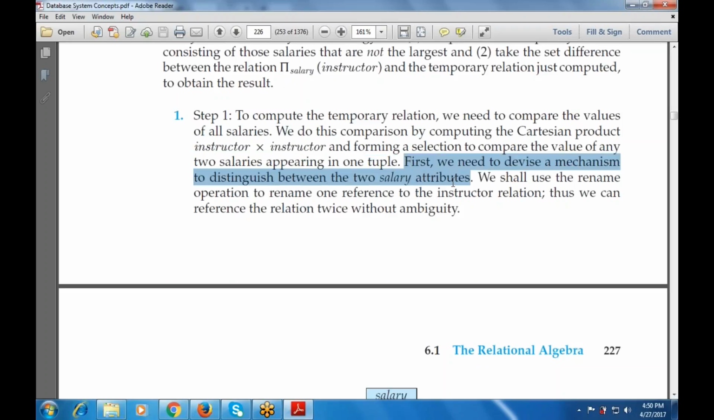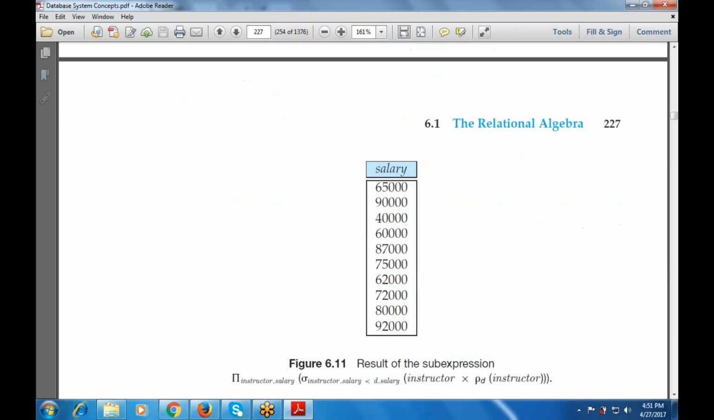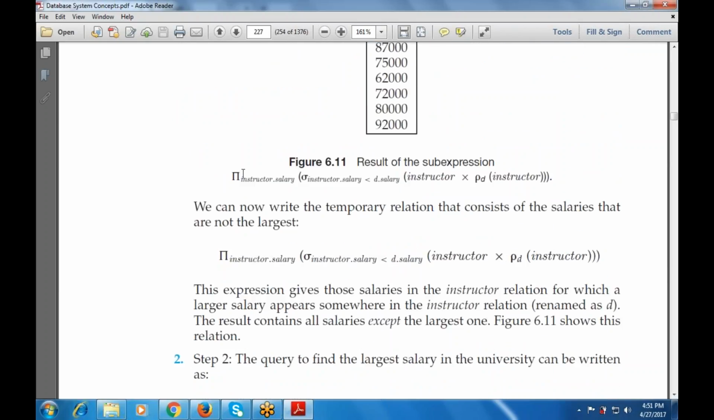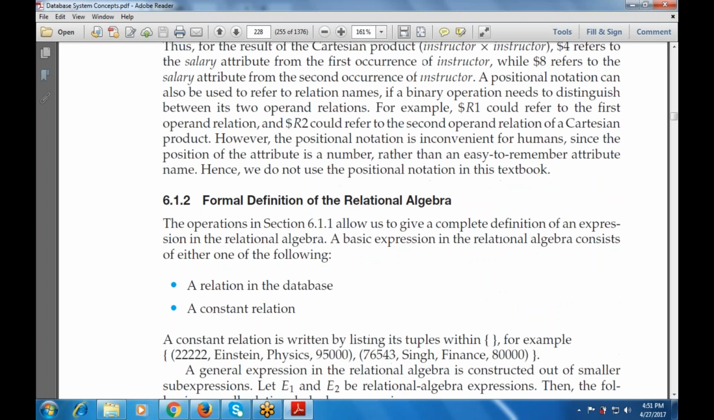First, we need to devise a mechanism to differentiate between the two salary attributes. So we shall use the rename operation to rename the salary attribute. This is the instructor.salary, then instructor.salary and d.salary, that is combined with the instructor. Now next